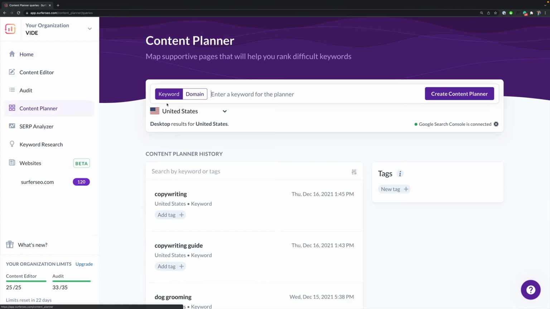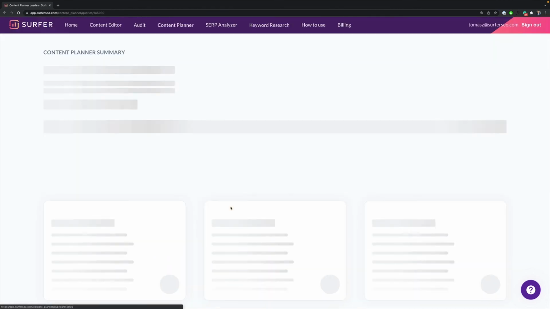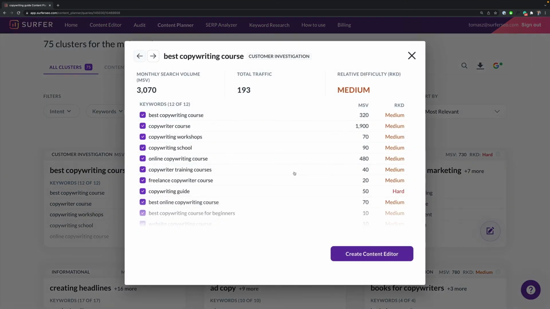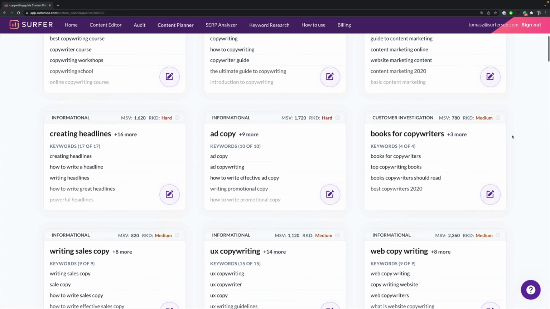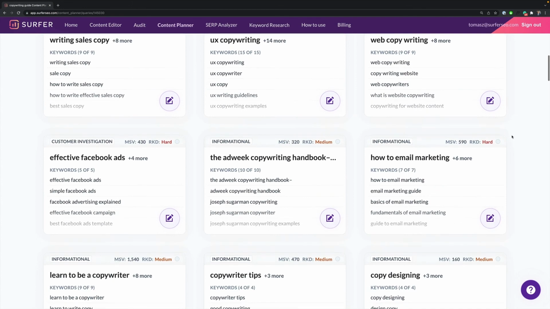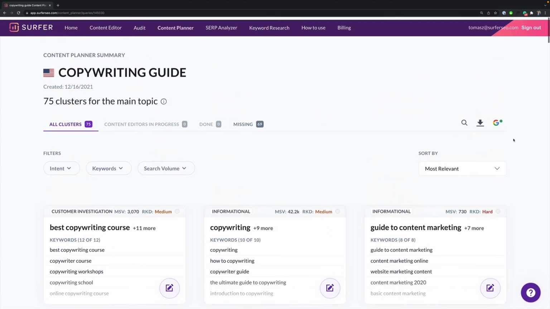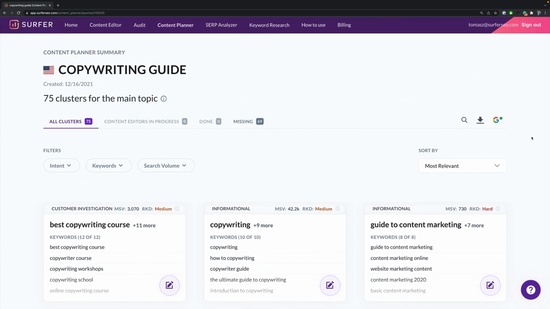I know this probably seems like a lot of information, but there's a tool that Surfer has developed which makes defining content clusters very straightforward. Each cluster contains a small number of relevant target keywords, along with predicted monthly search volume and projected total traffic. This is essential information that you can use to shape your content strategy. If you head to the content planner and enter your main keyword, the one from your pillar page, the software will then give you clusters of words that often rank together. Using this as your base, you can incorporate this tool and supercharge your content strategy. That way, when it comes time to link internally, you've got plenty of options.